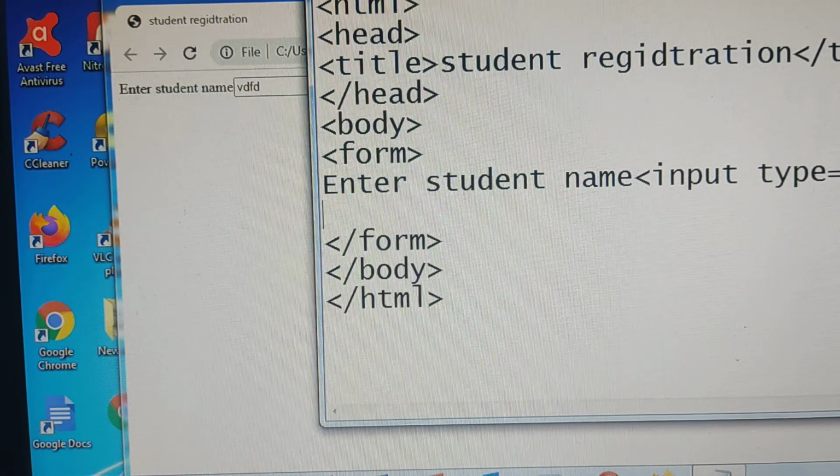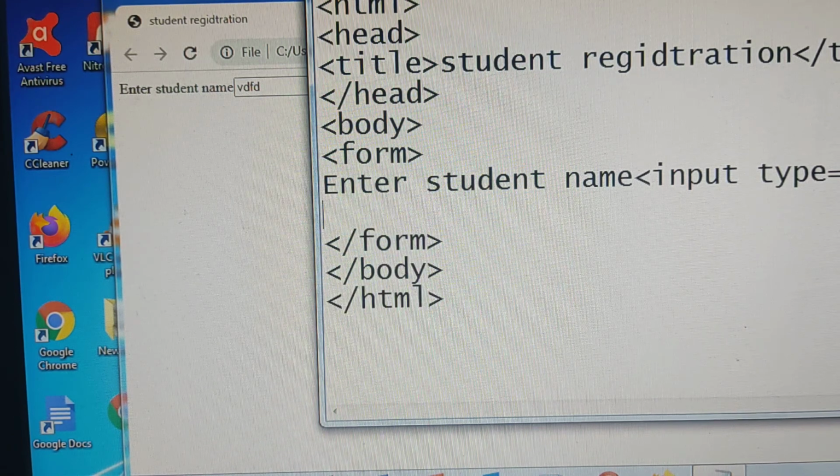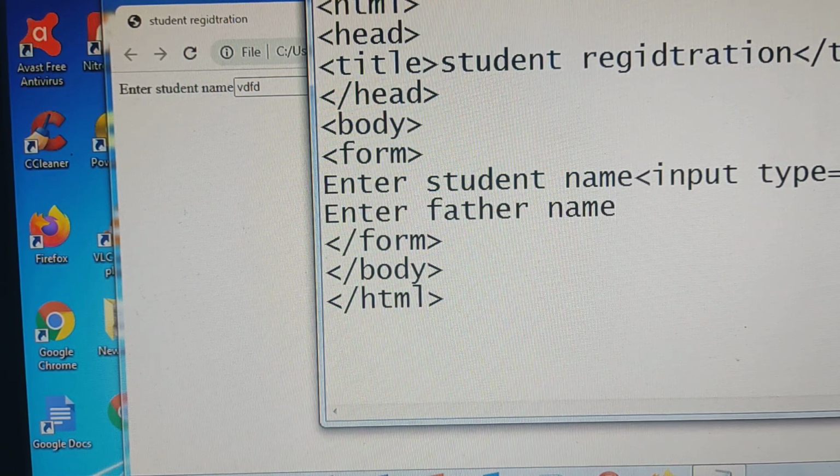Next, after that, enter father name, for example. Input type equals to text field.